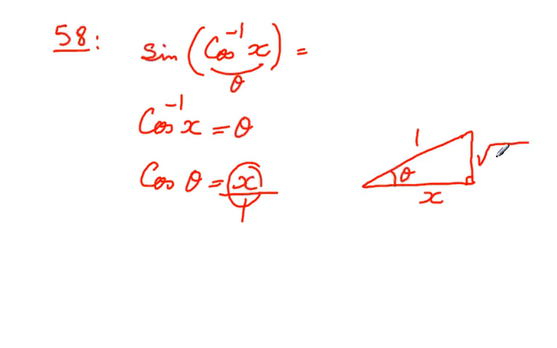Square root of? The other way around. You mean 1 minus x squared. So sine of this is the opposite over the hypotenuse, and what we get is the square root of 1 minus x squared. Now since cosine inverse is always in